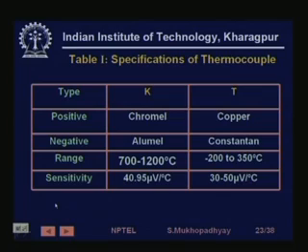There are various kinds of thermocouples. They are typically called by some industrial type names like J, K, T, S. So the K type thermocouple is a popular one. It's called chromel-alumel. It has a good sensitivity and a decent range. So it generally measures in this range. Similarly, you can have copper constantan, which